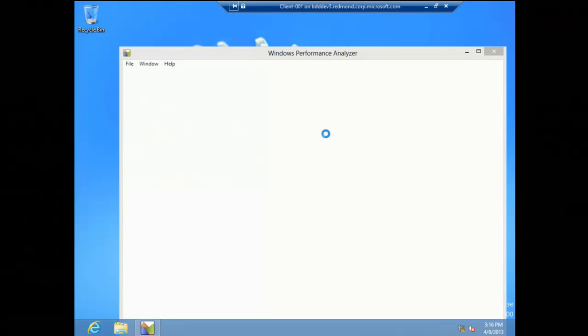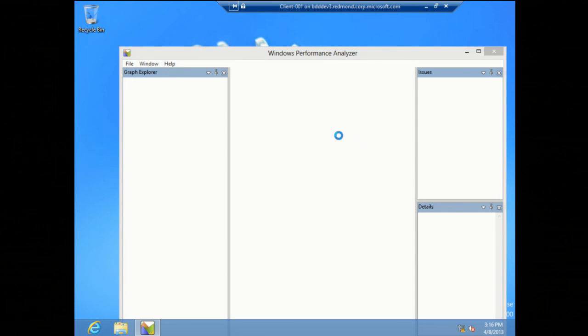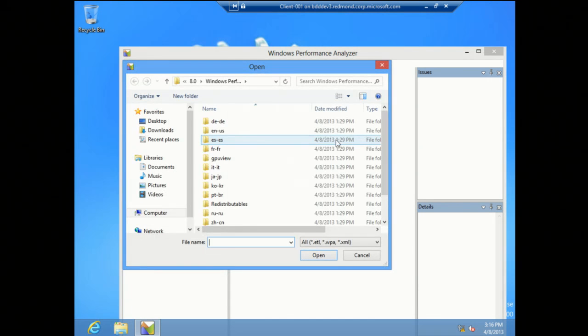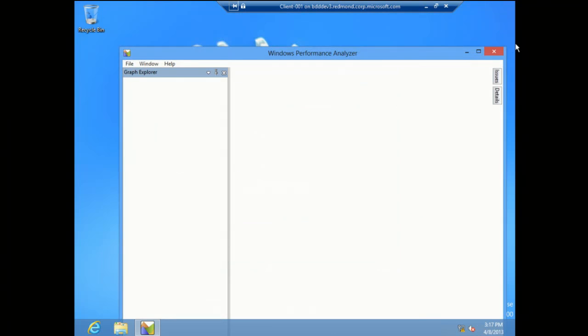From there, we can open that trace file. And this is really where the skill comes in, because it's one thing to have the trace, it's another thing to understand what the trace is telling you. But it loads up the trace,